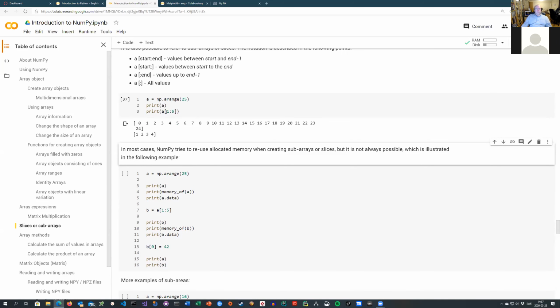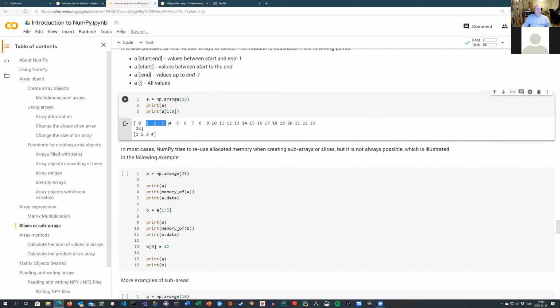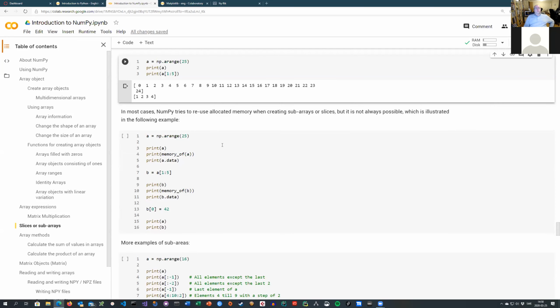So here I do A[1:5], so that starts from 1, 2, 3, 4, but not 5. So this one is not included. This is the range I extracted here. Also a very interesting thing here when you do slices